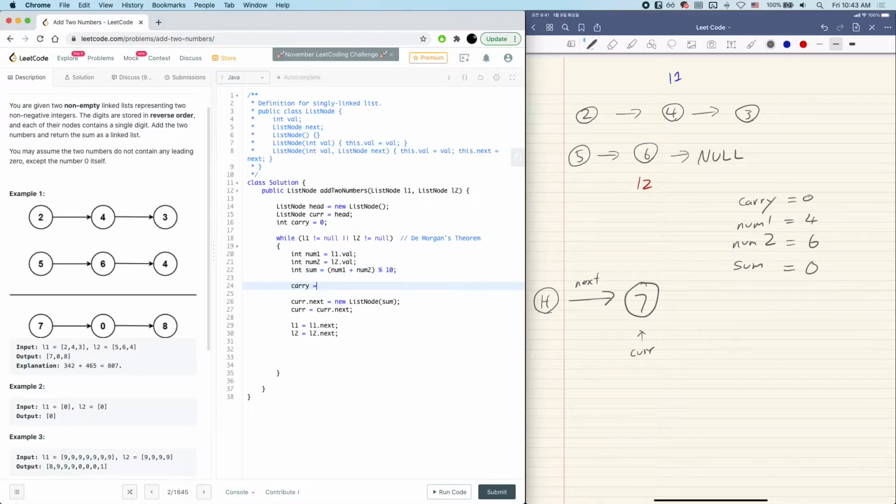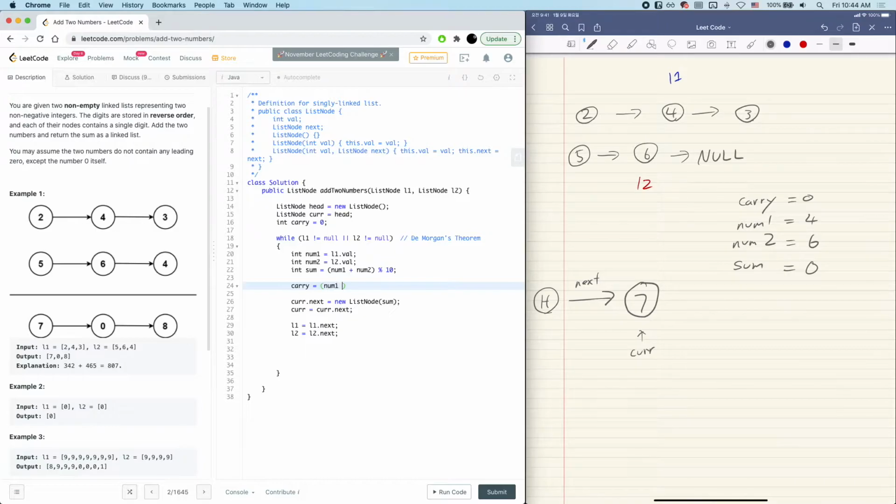Our carry equals, we can do like if sum is greater than 9, carry equals 1, else carry equals 0. We can do like this, but to make it easier or simplify, we can do